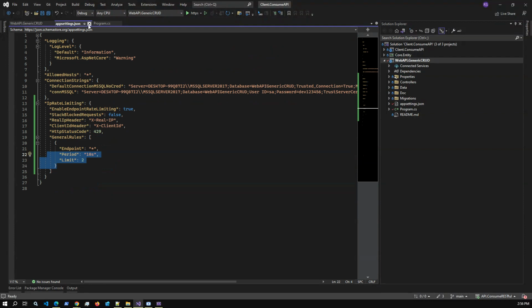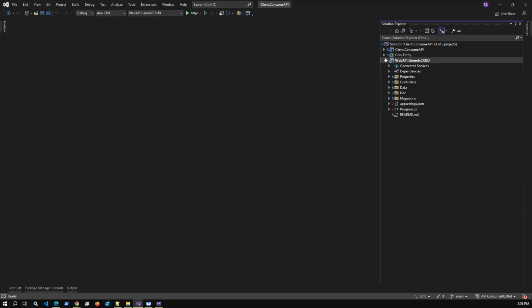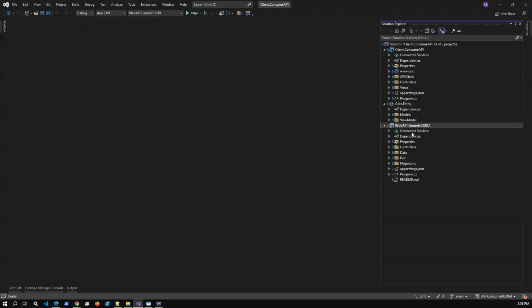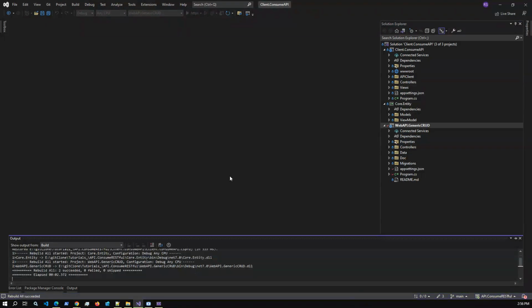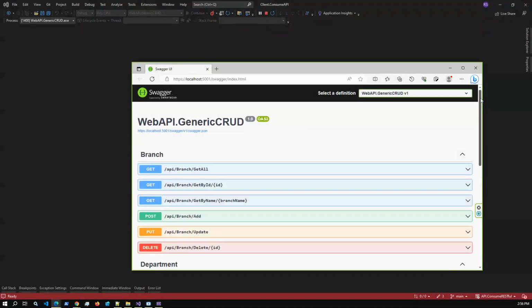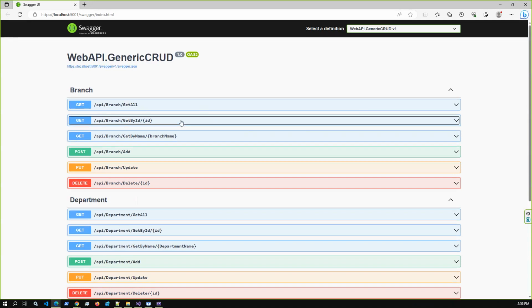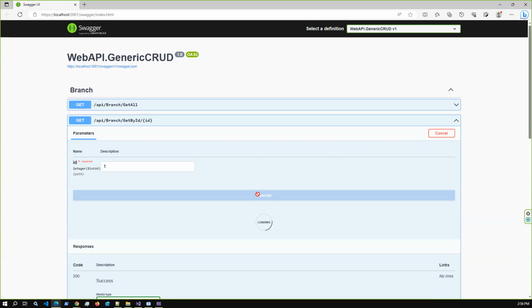Hopefully you will like this project, and I already explained the project structure in another video. I already explained this full project. In this project, I just ran the project and explained how we implement rate limiting for a web API project. If we run the project again, then we can check the Swagger documentation by default. And if we try get by ID, let's say we try again and execute once,